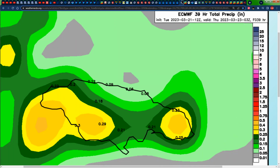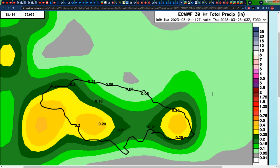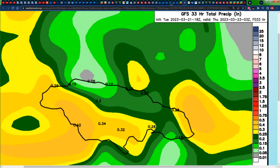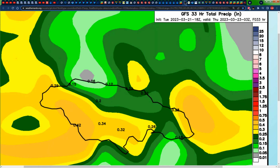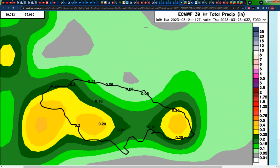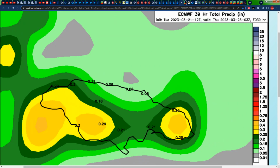And if you actually take a look at the accumulated precipitation forecast by both the Euro and the GFS, there is consensus with where the rainfall is expected. Although both maps are showing less than an inch of rainfall, we can see the consensus of the rainfall across eastern Jamaica in the morning as what the 1 hour precipitation forecast shows, and then more than likely where we see those yellows in the afternoon is across portions of western and central, well, maybe mostly southern Jamaica during the afternoon hours. Either way, there's rainfall being predicted by both maps,